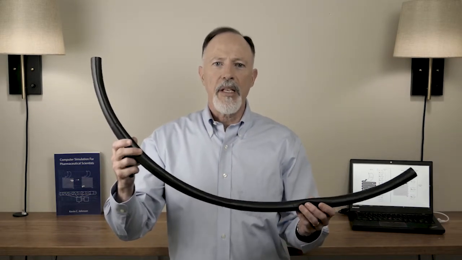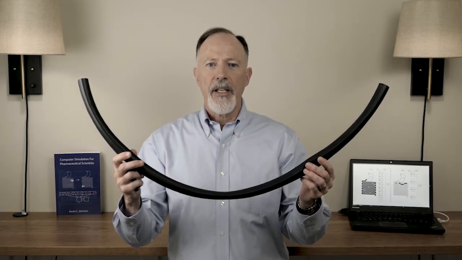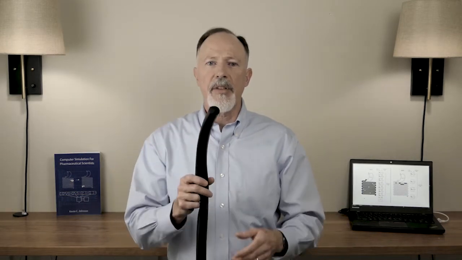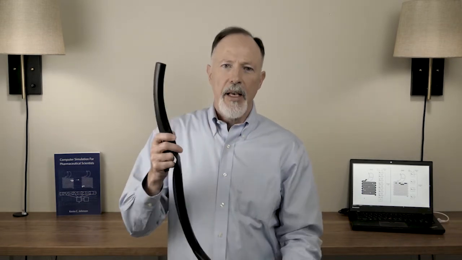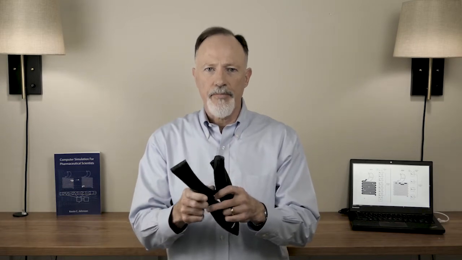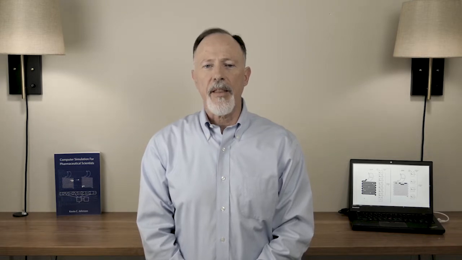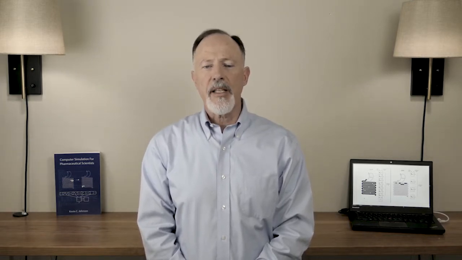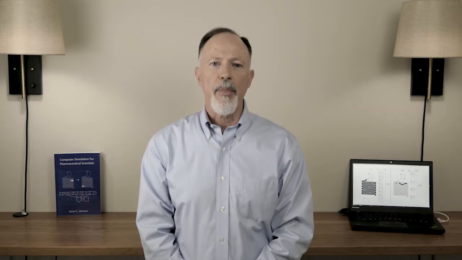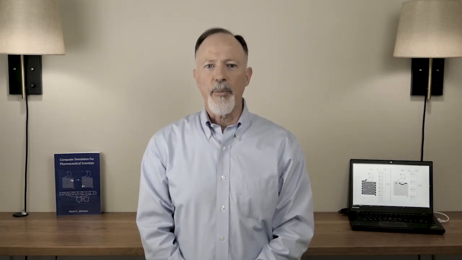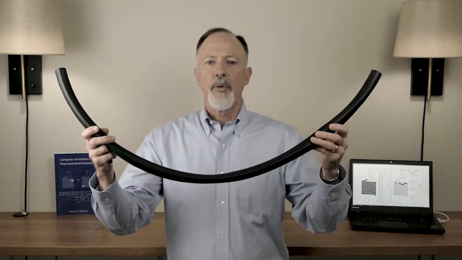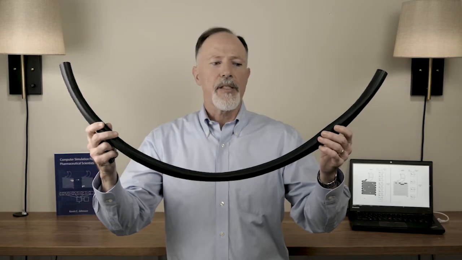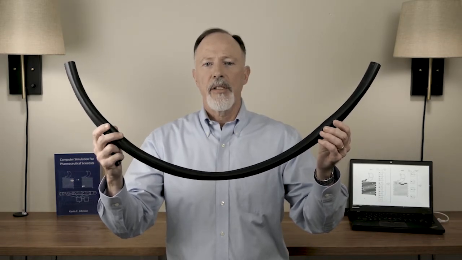And I have here a piece of bicycle inner tube, and I chose this as a prop because it has about the same diameter as the small intestine, about 3 centimeters, and it's flexible like the small intestine. The human small intestine is about 7 meters in length, and because the ACAT model treats the intestine as 7 stationary compartments, each compartment on average would be about 1 meter long. So I cut this piece of tube to 1 meter so that this represents about the average segment or compartment